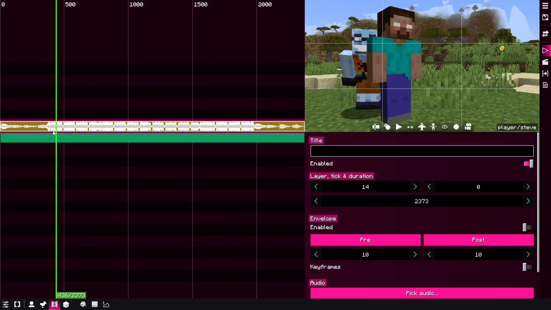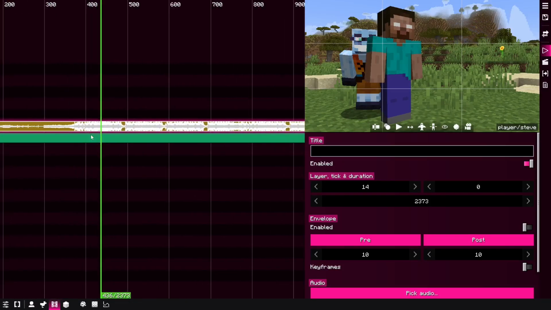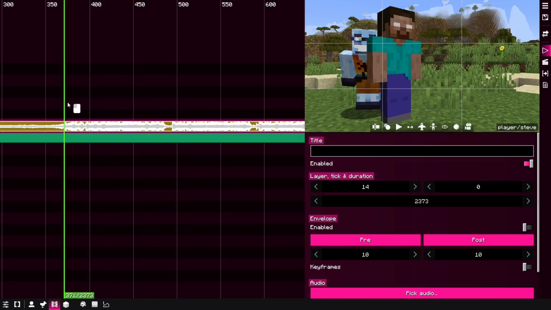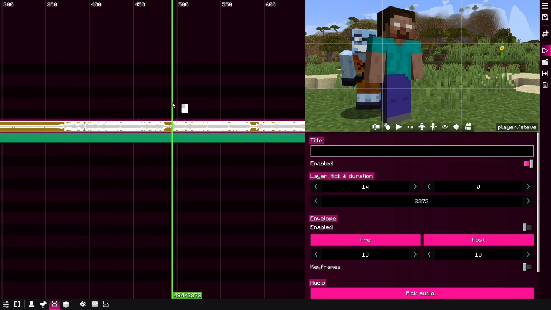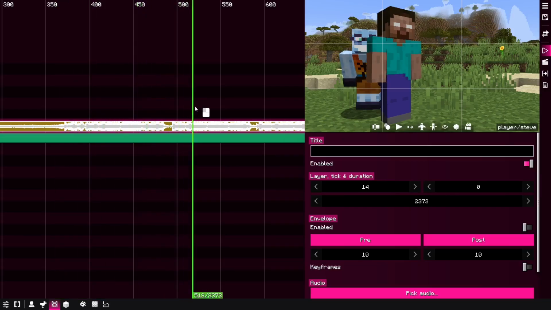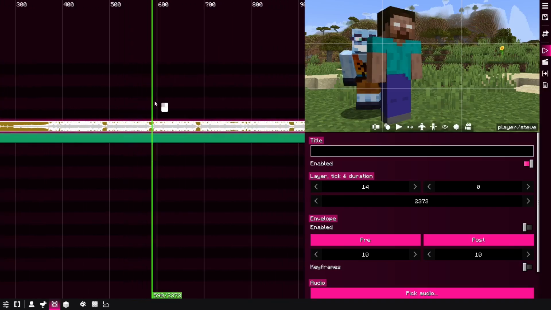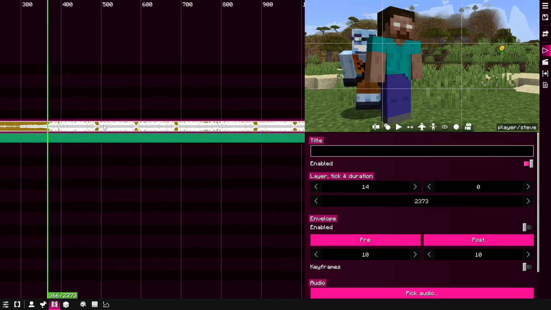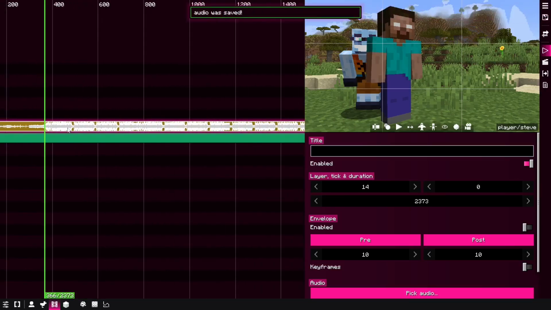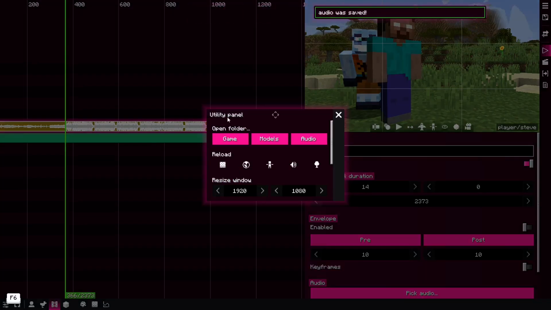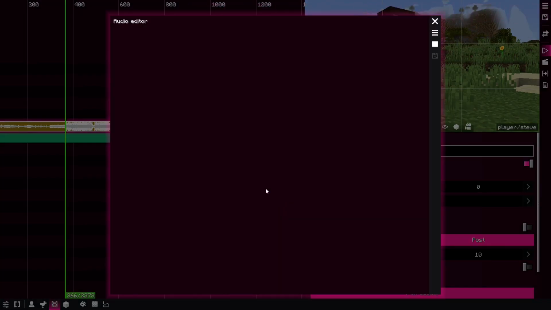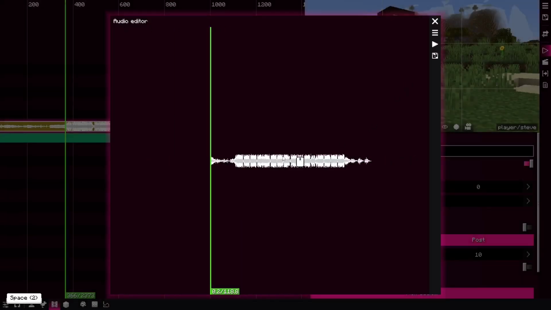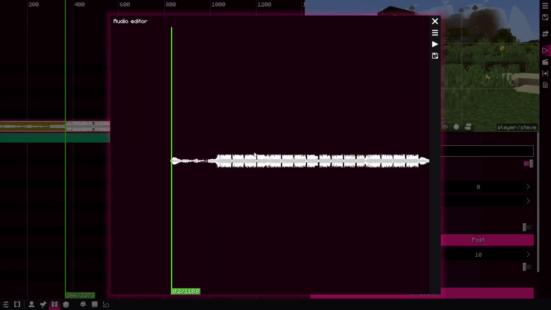Sometimes when you get an audio track into BBS mod, it's really difficult to see what's what, because for example there could be a lot of volume and you cannot see the transition between one voice line and another, or the music is just too loud and doesn't have a lot of room where you can see what's going on and synchronize. So for such occasions, BBS mod offers an audio editor in the Utilities panel. So click on audio editor, pick the audio track you want to use,